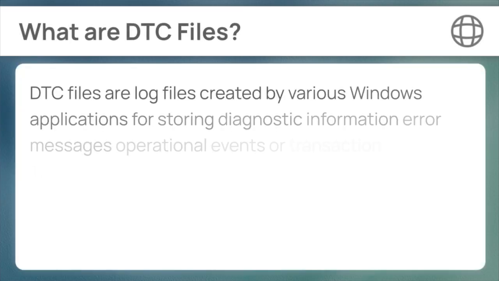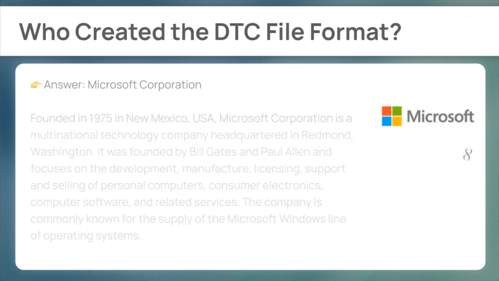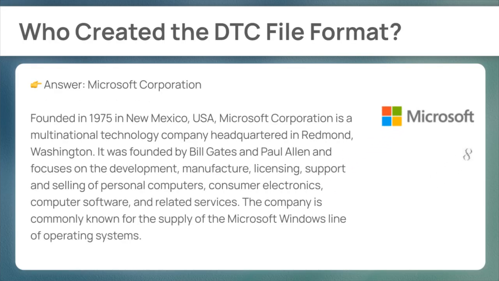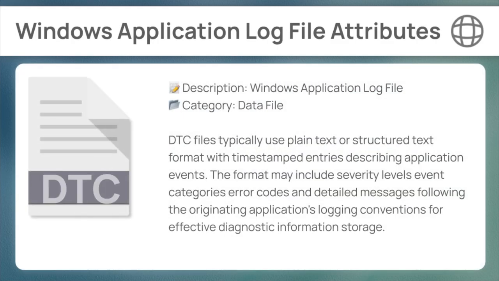DTC files are log files, created by various Windows applications for storing diagnostic information, error messages, operational events, or transaction records. They support application troubleshooting, performance monitoring, and audit requirements, providing detailed records of application behavior over time. DTC files typically use plain text or structured text format with timestamped entries describing application events. The format may include severity levels, event categories, error codes, and detailed messages following the originating application's logging conventions for